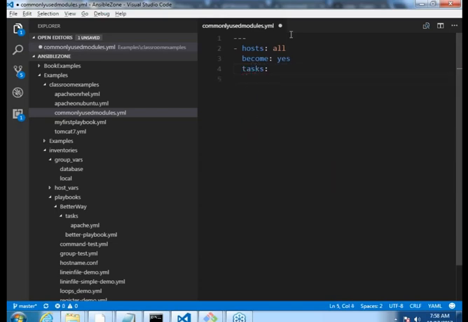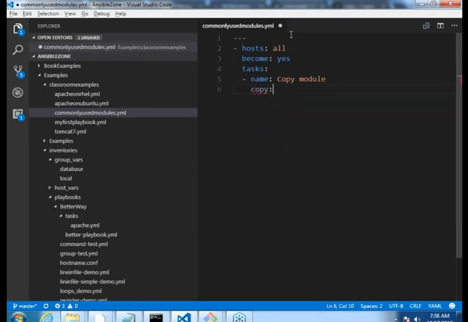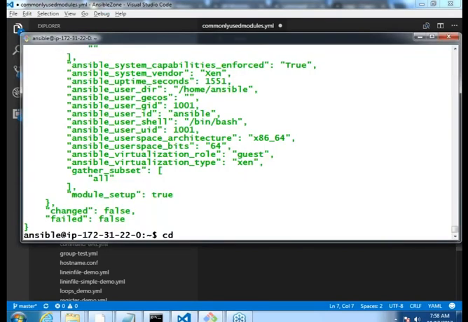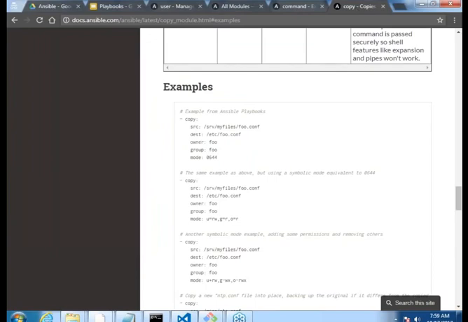And then tasks. What is the first task I want to do? I want to start a task, which is the copy module. The module is copy, and in the copy there are two important things I need to write: one is source, the other is destination, and in the destination, who is the owner and all of that.